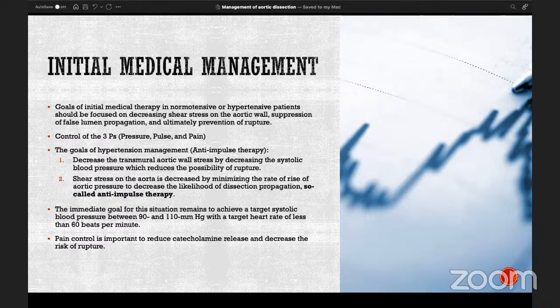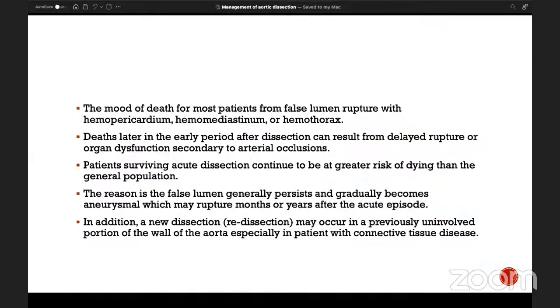Excellent. Mohammed, can you go back to the previous slide? I just want to say something. This one? How do people die from acute dissection? Usually there are three or four modes of death in acute dissection. Acutely, I mean. You mentioned rupture. Yes, rupture is one of them. Heart failure, cardiac ischemia from involvement of the coronary, basically coronary malperfusion. That's number two. Number three is